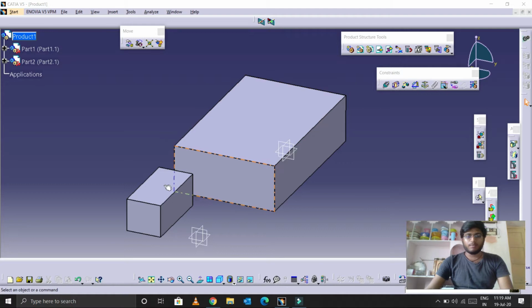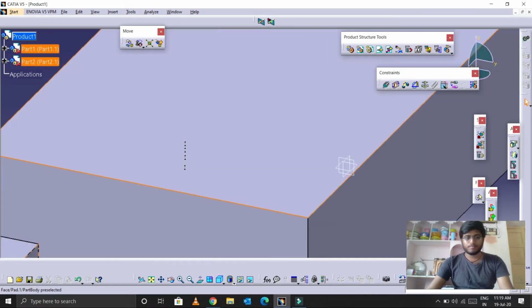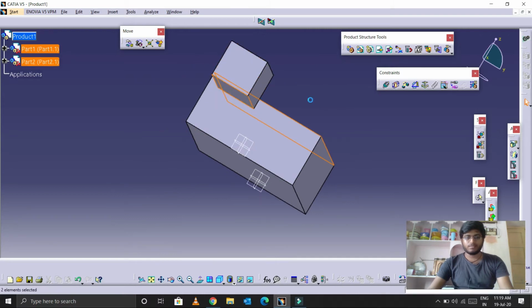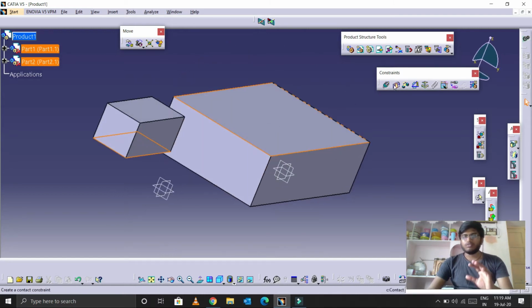First of all, I am going to place the small cube on the upper cube by selecting the surfaces. I am going to select this surface and the bottom surface, and bring them into contact with each other. Why? Because this surface and this surface will contact each other by using the contact constraint.